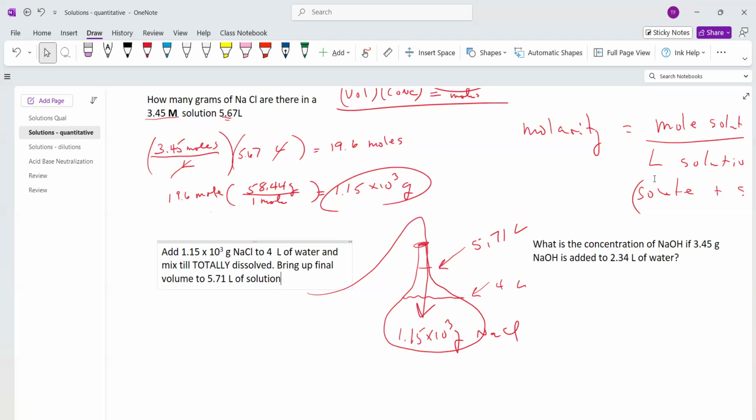Okay. I'm going to end it here. Tomorrow, I'm going to go into some very detailed versions of this. We're going to take a solution and throw extra water into it, and we're going to figure out what the new concentration is, things like that. Okay,